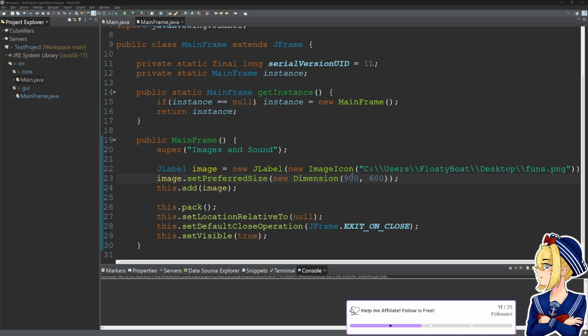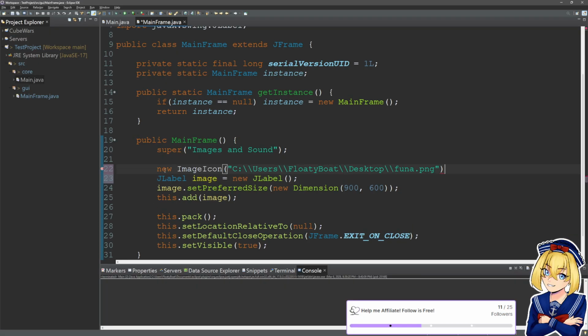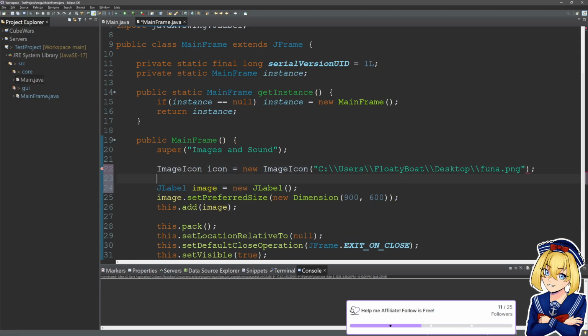All right. So it looks like we can make this image icon as its own thing. So image icon is this new image icon, right?